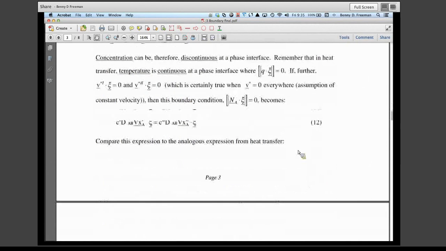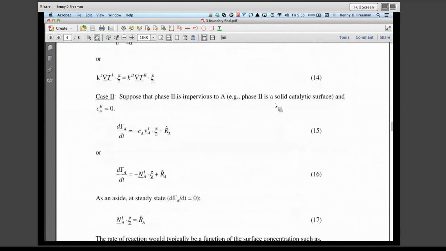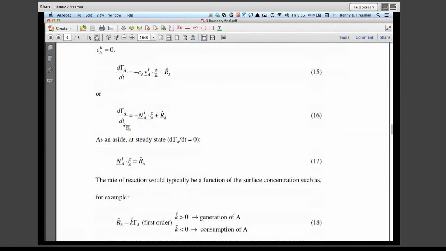And so we went ahead and talked about a case, which I labeled case 2 here, where we said that phase 2 is impervious to A. For example, it's a solid catalytic surface, and we looked at the mass balance in that case, allowing now for non-steady state behavior and also for chemical reaction. We noted that when the